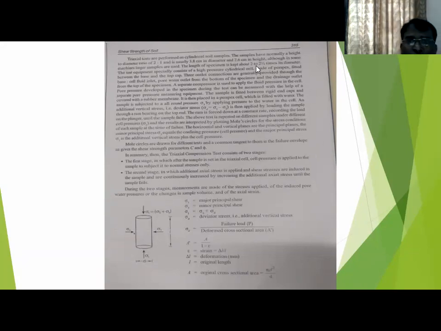The samples normally have a height to diameter ratio of 2:1, usually 3.8 centimeter in diameter and 7.6 centimeter in height, although some machines use larger samples. Of course, whatever sample you are using, हमको मिट्टी का सिलेंडर लेकर आना पड़ता है,